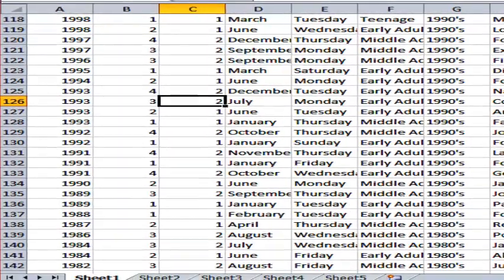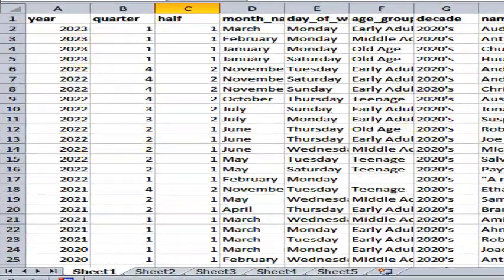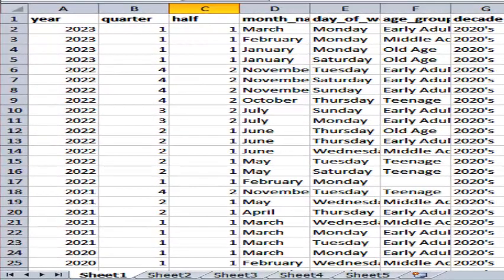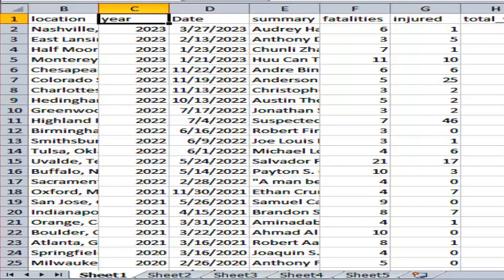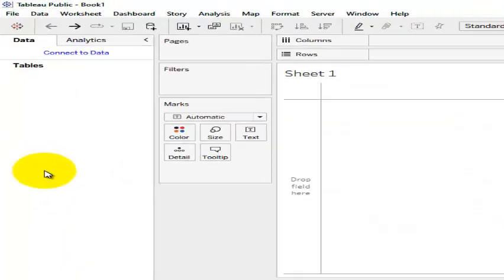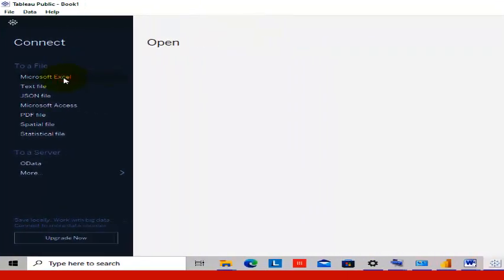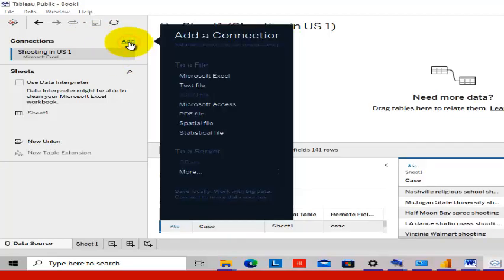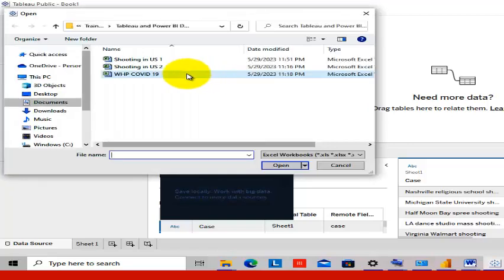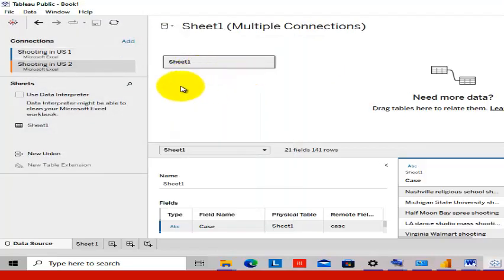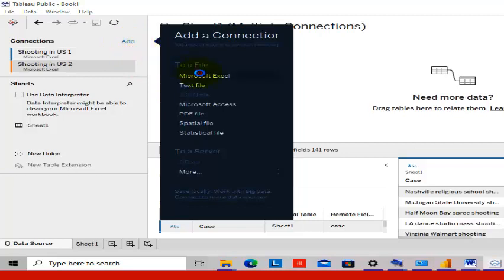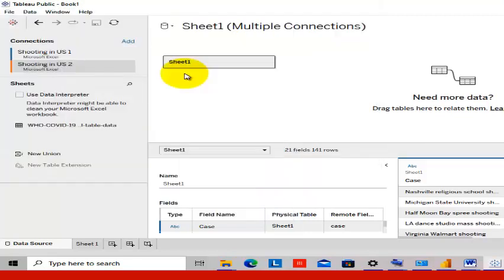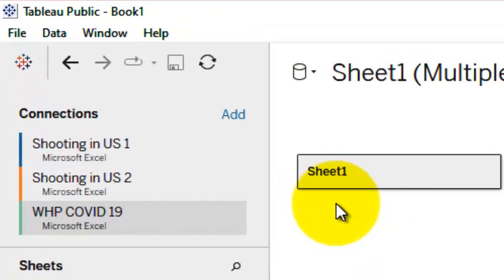So I'm going to join the two together. This is another worksheet, US shooting in US 2, and this is the first worksheet, shooting in US 1. Okay, now this is a data source. Let's pick it all over again. There's the first one. Okay, then let's load the second data source, and let's load the third data source. Okay, now having loaded the three data sources,